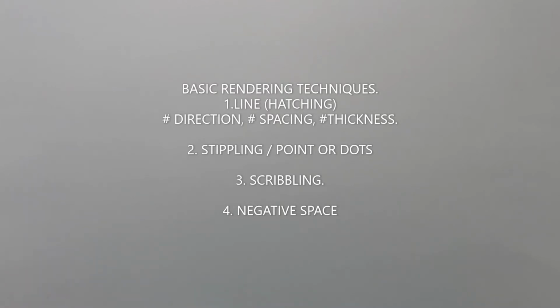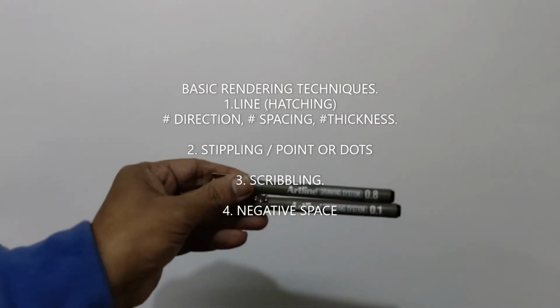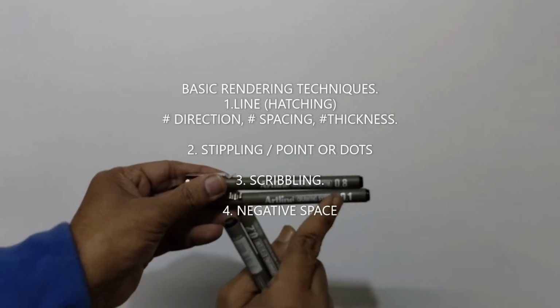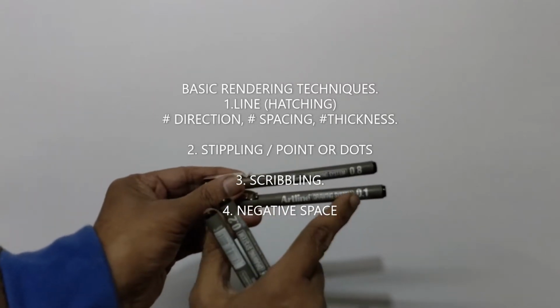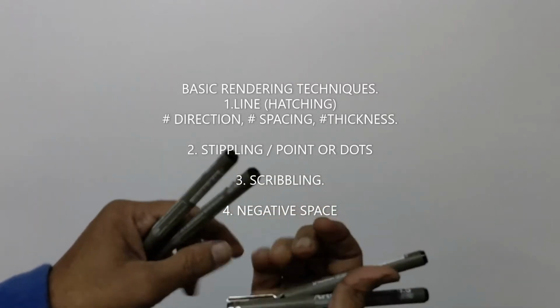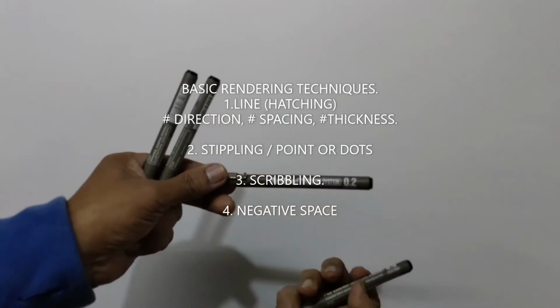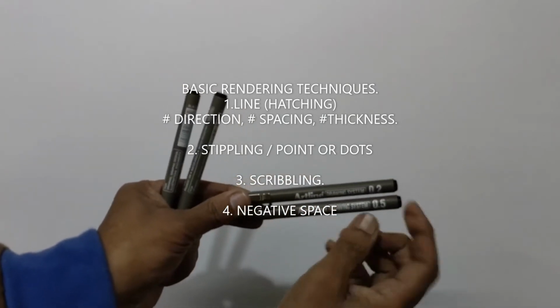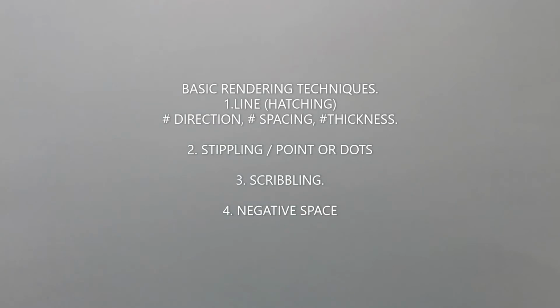Okay, there are so many pens available in the market. Over here, for example, Artline, you can see there are so many pens with thicknesses 0.1, 0.8, 0.2, 0.5. There are so many thicknesses we use for what I call line weight. Technically we call it line weights, and line weights are used to give hierarchy.